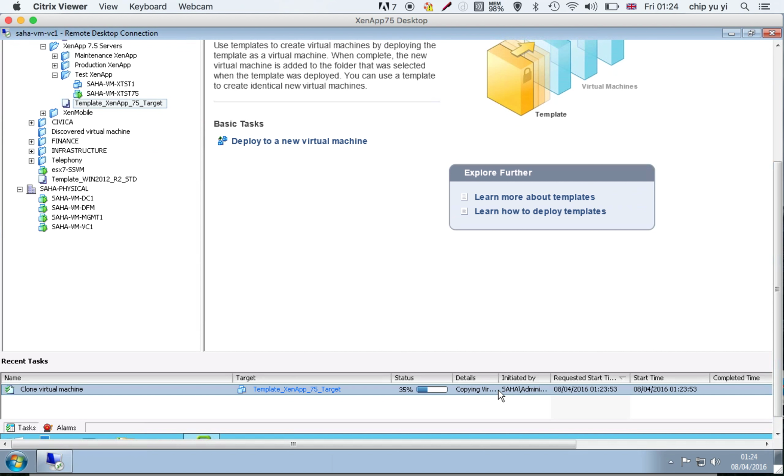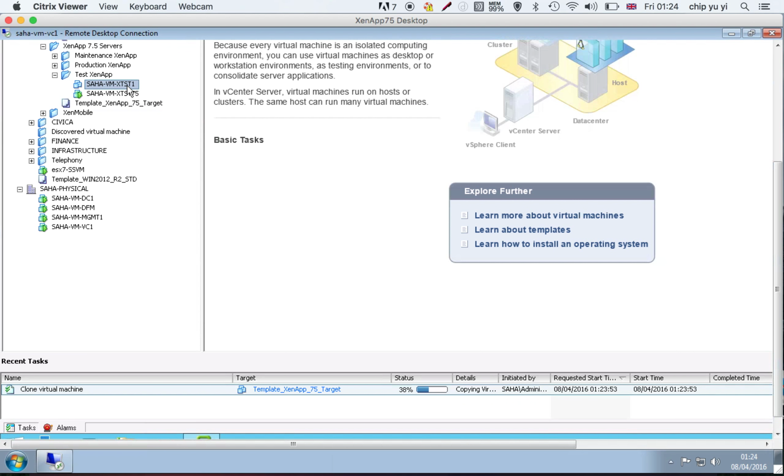But then again, even though the machine actually finishes in time, it doesn't guarantee it's going to boot up properly. I'm going to show you a little bit later why. And let's just wait for that to actually finish. It hasn't finished yet, so